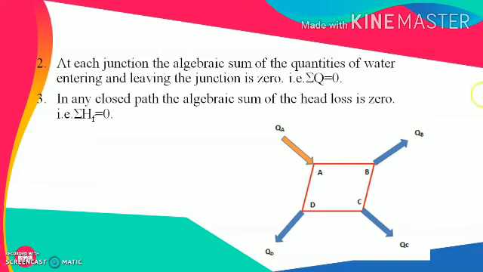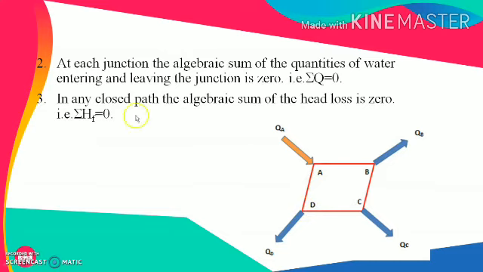So assume this particular junction as A. Here we can see that the flow entering this node or junction is QA, and at the same time there are two pipes starting from this node A, that is AB and AD. A certain amount of flow will flow through the pipe AB, and a certain amount will flow through the segment AD. So we can say that QA equals the flow through pipe AB, that is QAB, plus the flow through AD, that is QAD. So this is the meaning of the second assumption.